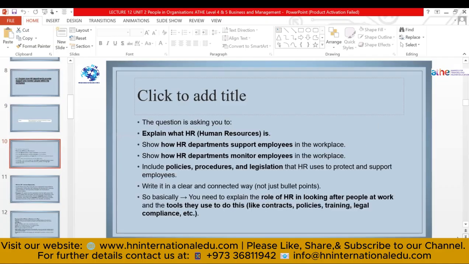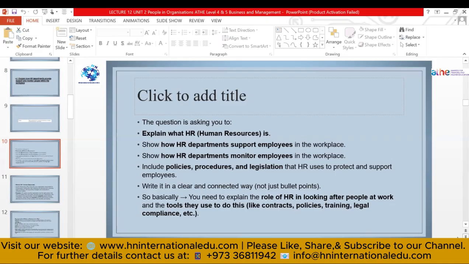Then show how the HR departments monitor employees within the workplace, including the policies, procedures, and legislation that HR uses to protect and support employees. Write it in a clear and connected way, not just bullet points. I always talk about this. Many students only add 1, 2, 3 bullet points. That's not the criteria of writing an answer. Always write in paragraphs. Don't write huge paragraphs, small chunks of paragraph, but at least explain